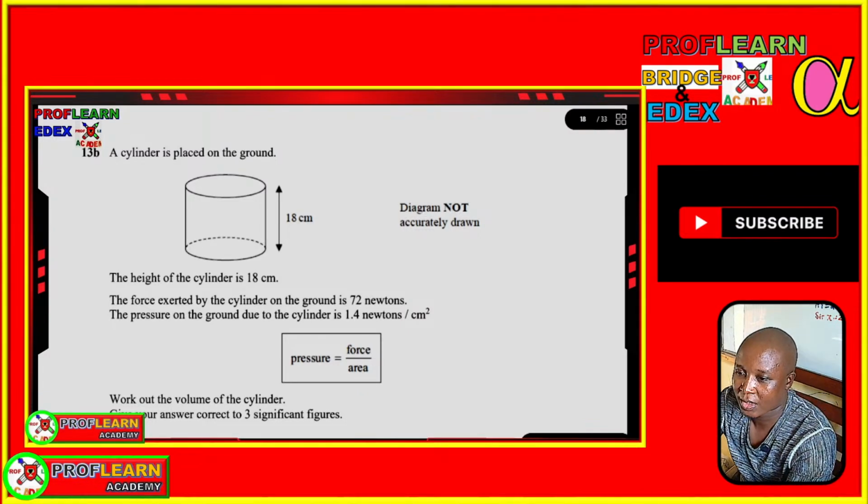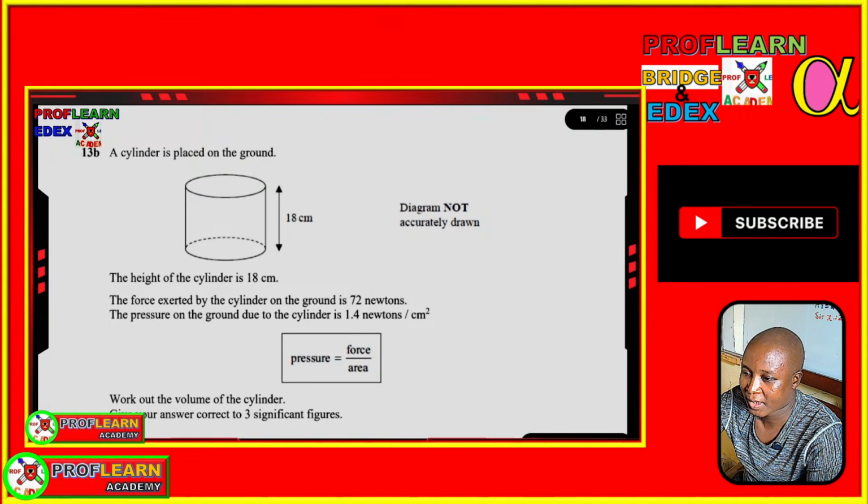Now the next question we need to prepare for is the question to do with cylinder, pressure, force and area. In this case we are told the force exerted by the cylinder on the ground is 72 newtons, and the pressure on the ground is 1.4 newtons per centimeter square. So what is the volume? First we need to work out the area of the base. So we are going to use this